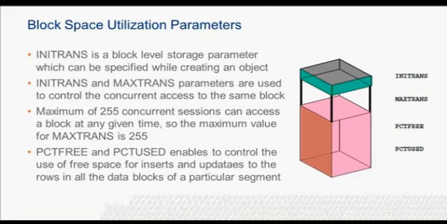Now, parameters controlling the use of data space. PCTFREE for a data segment specifies the percentage of space in each data block reserved for growth resulting from updates to rows in the block. The default for PCTFREE is 10%. PCTUSED for a data segment represents the minimum percentage of used space that the Oracle server tries to maintain for each data block of the table. A block is put back on the free list when its used space falls below PCTUSED.